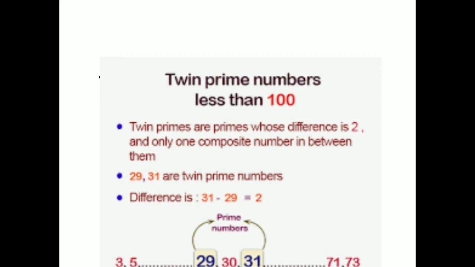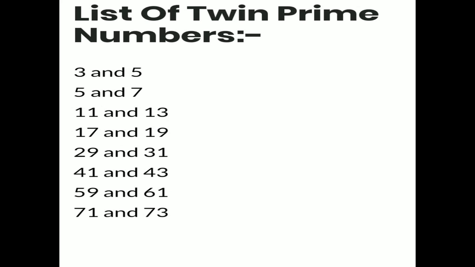Is it clear? So we have a list of twin prime numbers: 3 and 5, 5 and 7, 11 and 13, 17 and 19, 29 and 31, 41 and 43, 59 and 61, 71 and 73. These are some examples of twin prime numbers. So next we have